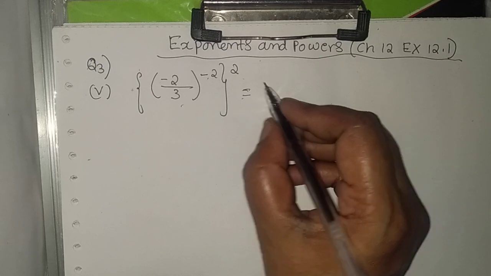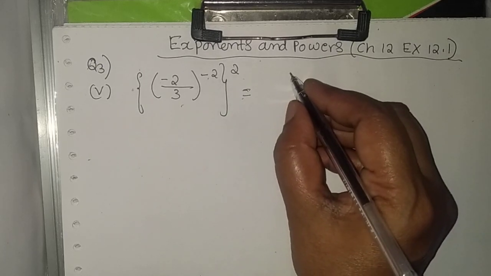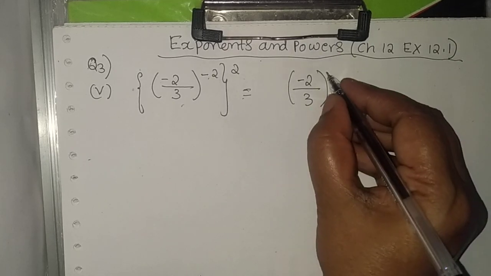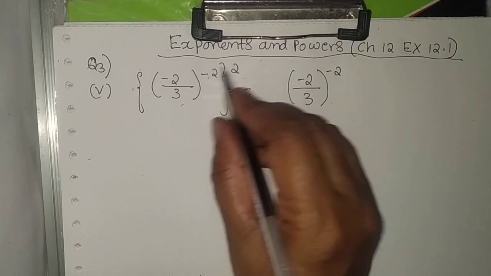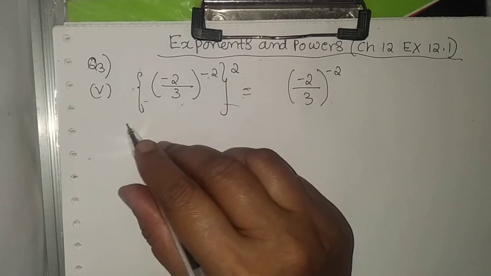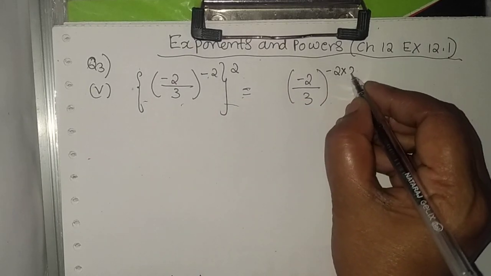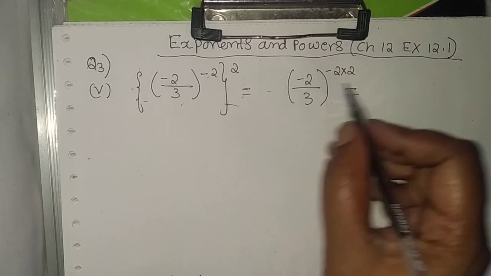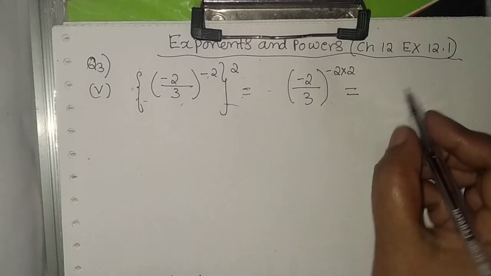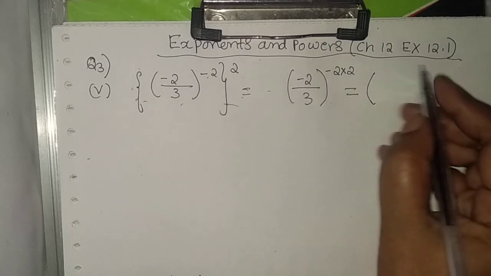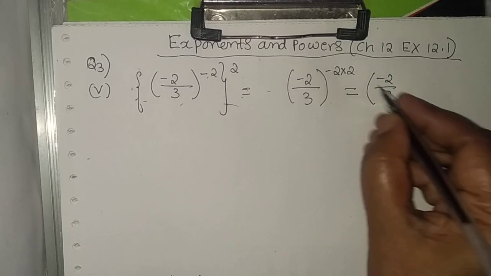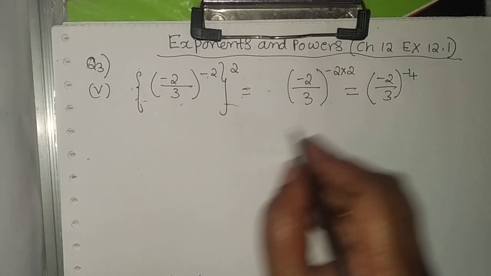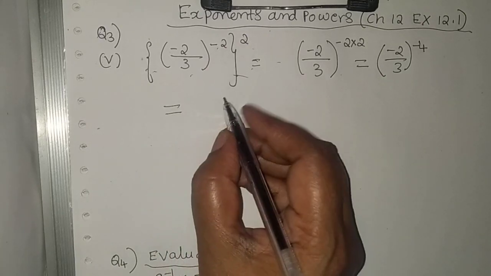So first what we'll do, we'll take the outer bracket. We'll write minus 2 by 3 as it is, to the power of minus 2 is there. So bring this inside the bracket, then this bracket goes, into 2 will take. First remove these brackets one by one; the outer bracket should be removed first. Then after this, write down minus 2 by 3, multiply these two, we get minus 2 into 2 is minus 4. So next step,